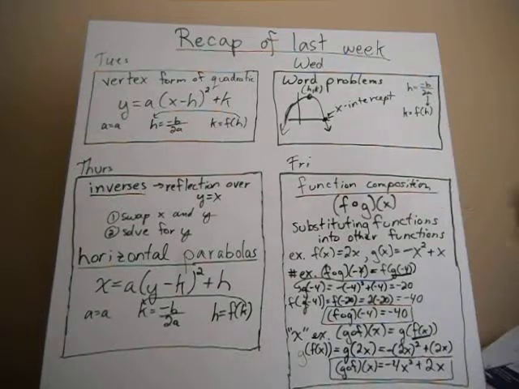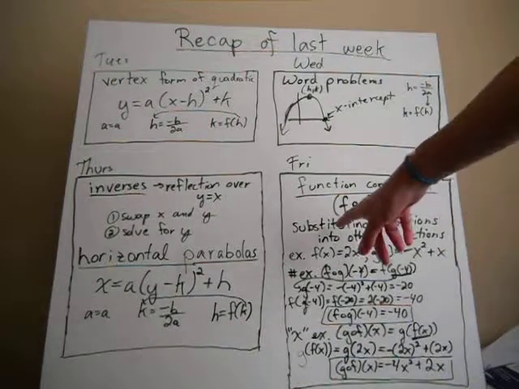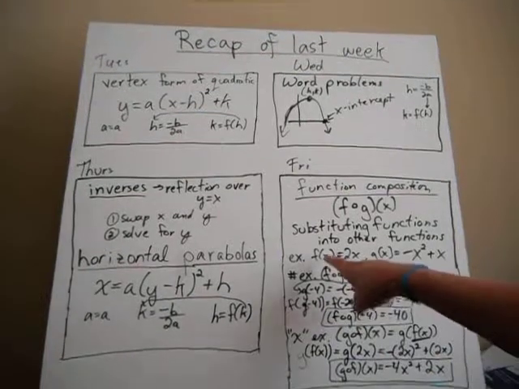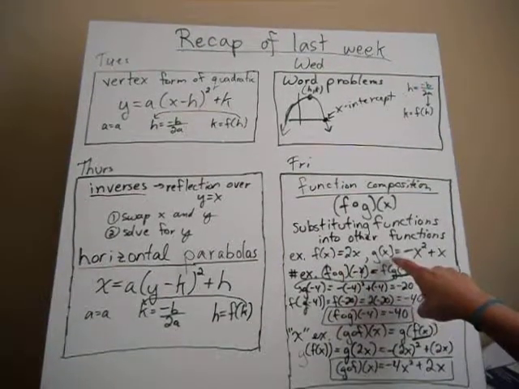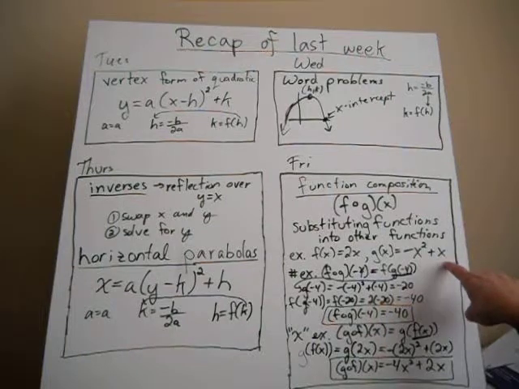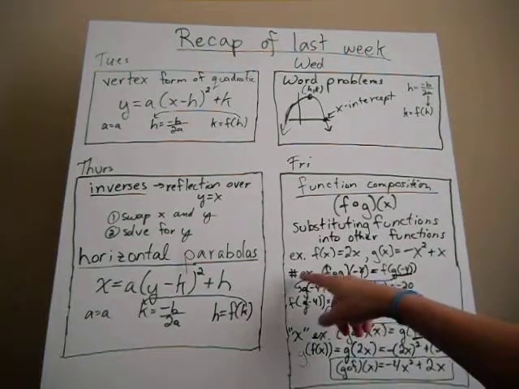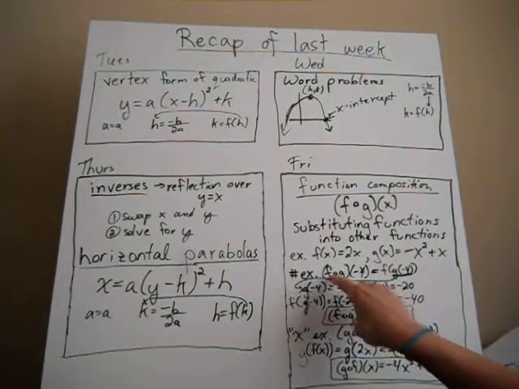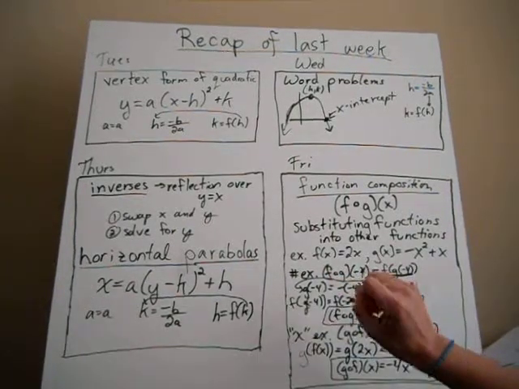Friday, function composition. This is what you guys casually call f of g of x. What that means is you're substituting functions into other functions. So this is an example here. If you let f of x equal 2x and g of x equal negative x squared plus x, for a number example, evaluating it for a number, for example, if you had to find f of g of negative 4,